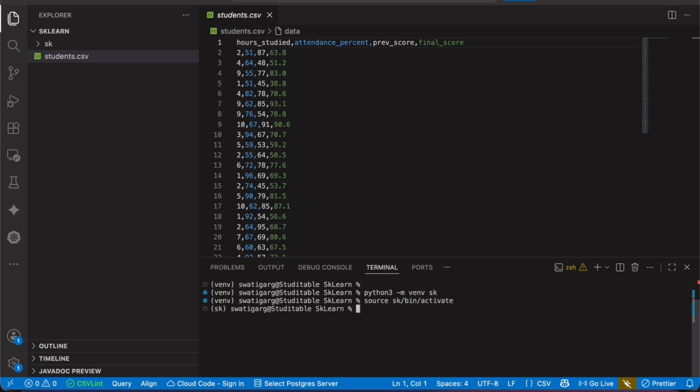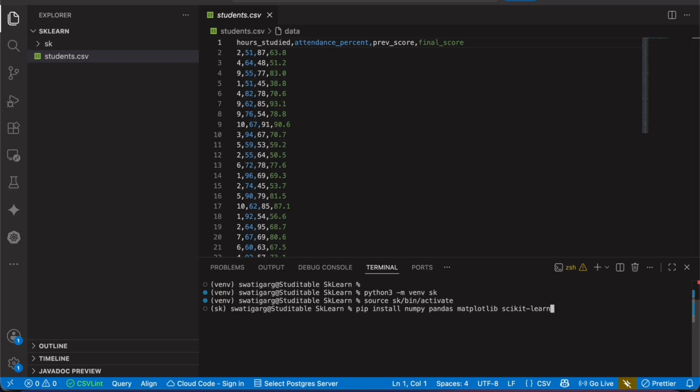Once our virtual environment is activated, now it's time to install the required dependencies, and for that we'll write pip install numpy, pandas, matplotlib and scikit-learn.